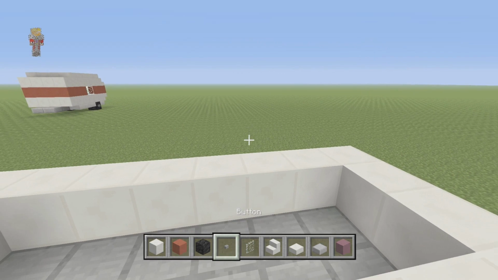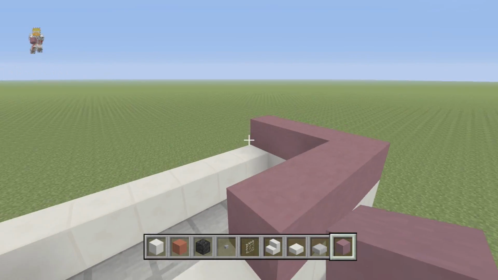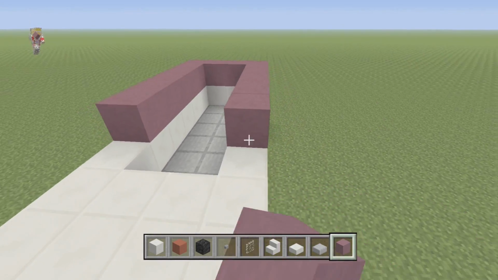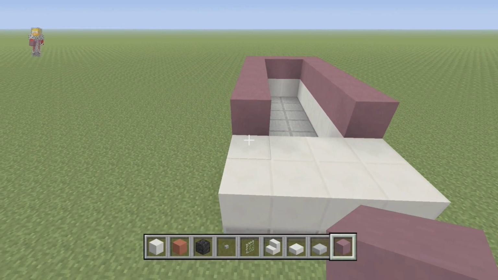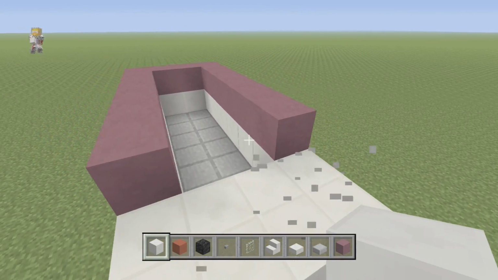I'm going to do it with this purple. Jenny B uses purple wool, but I think the purple clay looks a little bit cleaner for us. The wool has a bit of a stranger texture on it. We want it to probably come out to about here. Windscreen will go in there, maybe with...